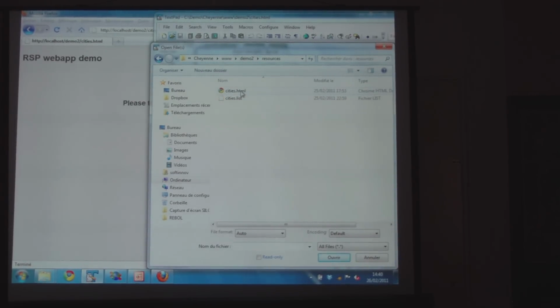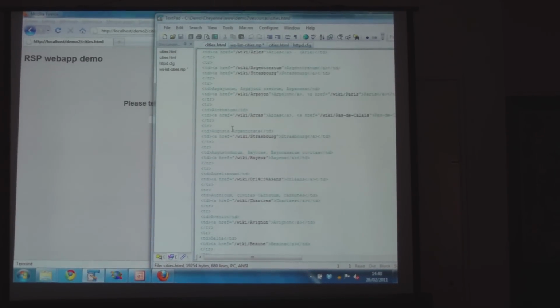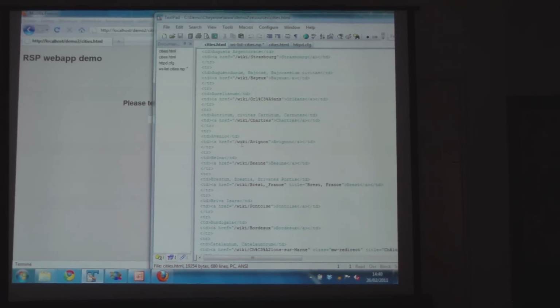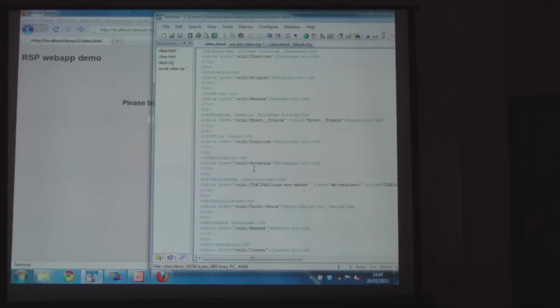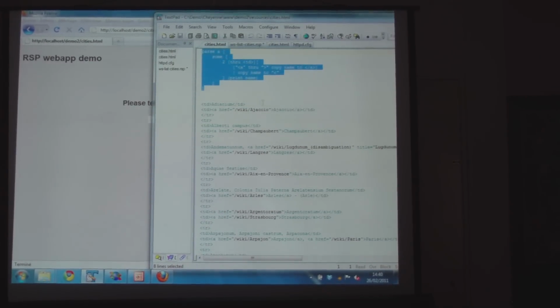I've used a list from Wikipedia, so I've copied a list of cities in HTML. Then I have to extract the name of these cities. So I use a bit of Rebol code here, using a parse rule to make an extraction,